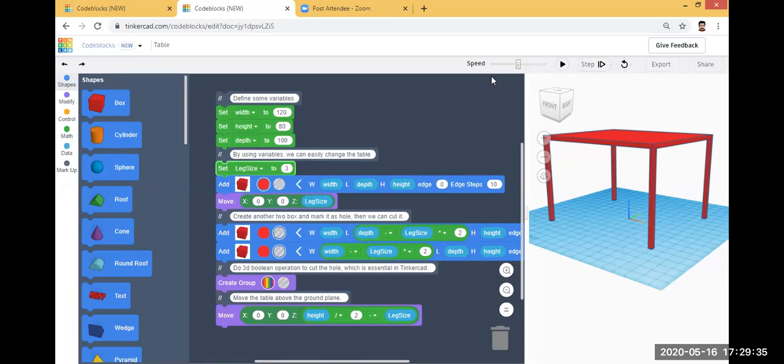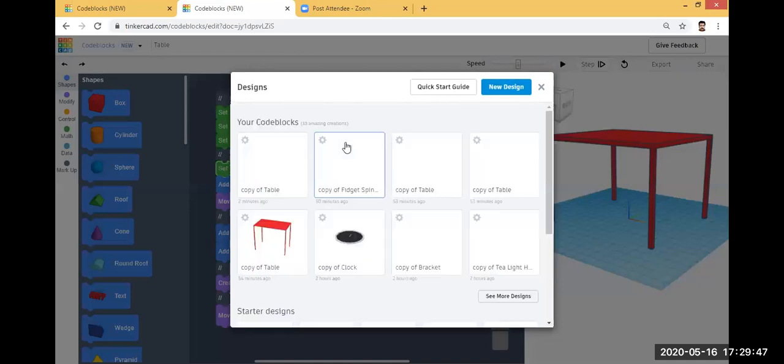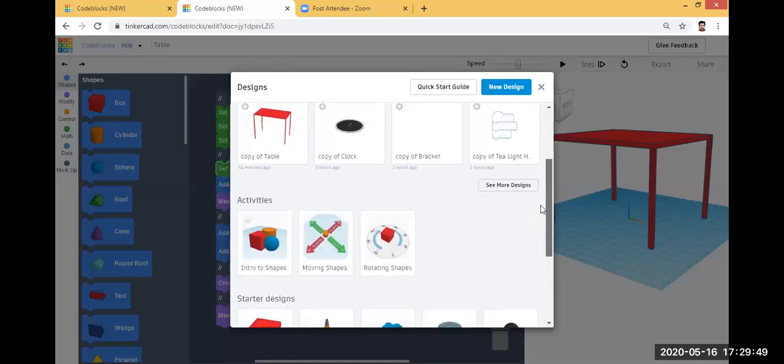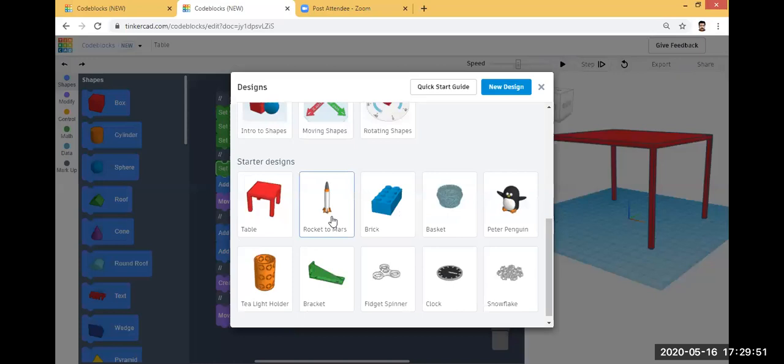Then next I will show you some examples from the starters area. In the left top portion you can see code blocks new. Just click here, then select the next example, that is the rocket to Mars. Just click once.